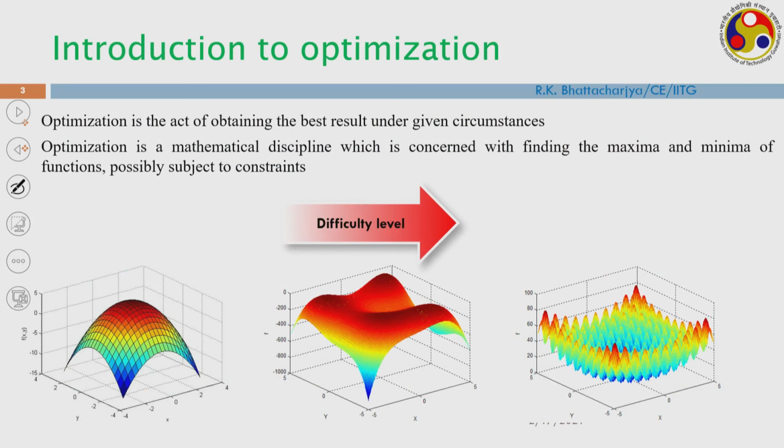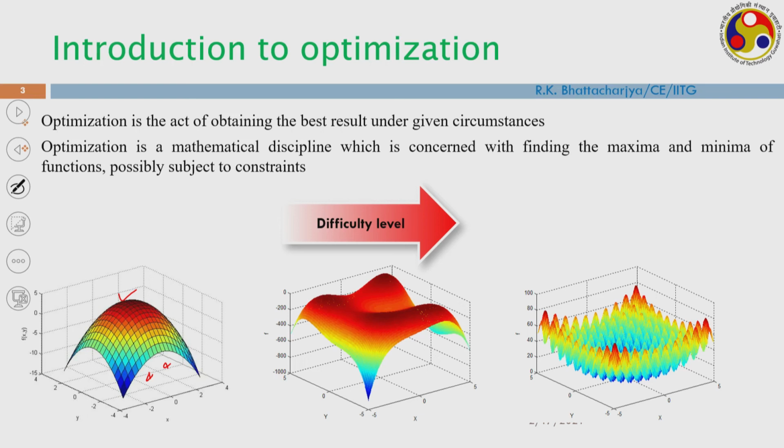Suppose the first function, you can see that it is a relatively easy, simple function, and this is a convex problem. So if you take an initial point anywhere in the search space, you will get the optimal solution, and there is only one optimal solution here, which is the global optimal solution of this particular problem. This function is a convex function. It is a convex function, there is only one optimal solution, and that is the global optimal solution